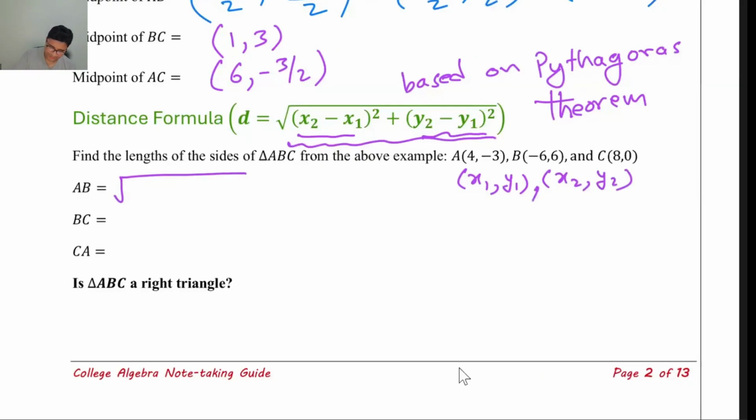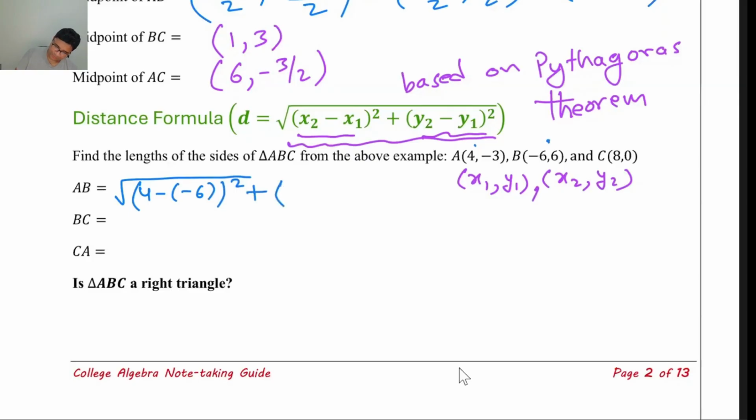In your own mind you do that, or if you want, write it explicitly, whatever is comfortable for you. Then the x coordinates are 4 and negative 6, so 4 minus 6 whole squared